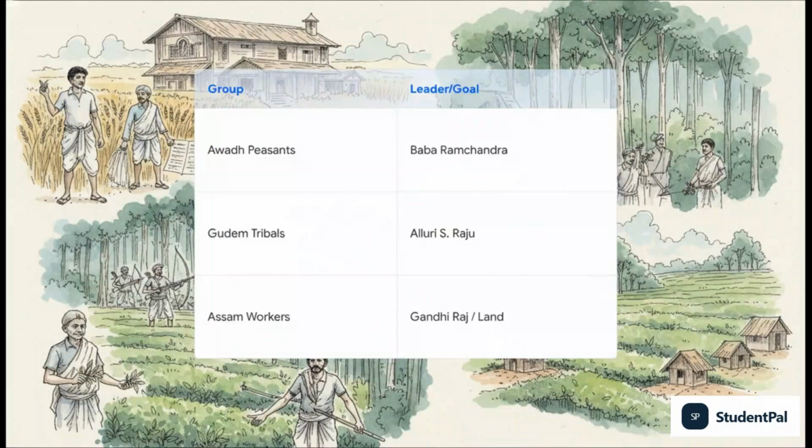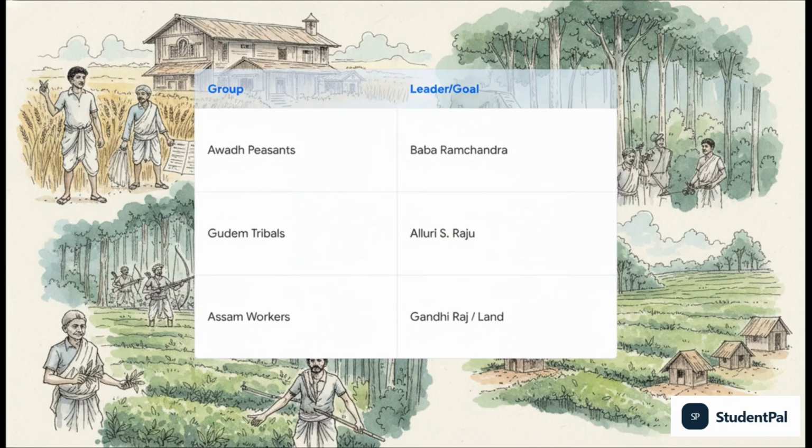But here's a super crucial conceptual point, and you definitely want to understand this. The term Swaraj, or self-rule, it didn't mean the same thing to everyone. People interpreted it based on their own geography and struggles. In the countryside of Awadh, for example, peasants led by Baba Ramchandra were fighting against oppressive landlords demanding impossibly high rents. Down south in the Gudem Hills of Andhra Pradesh, tribals led by Alluri Sitarama Raju waged a militant guerrilla war against strict forest laws,